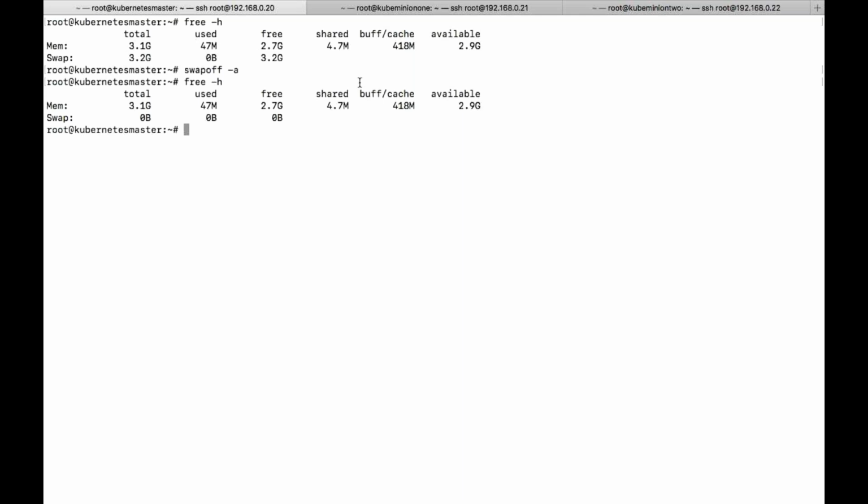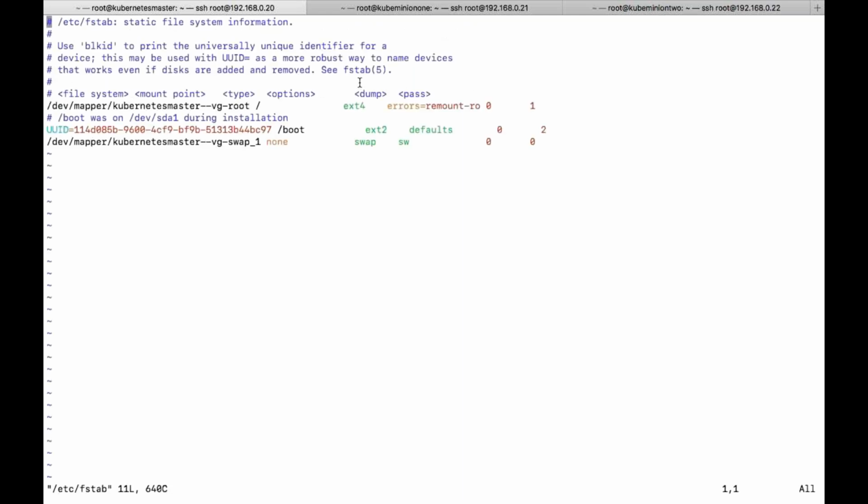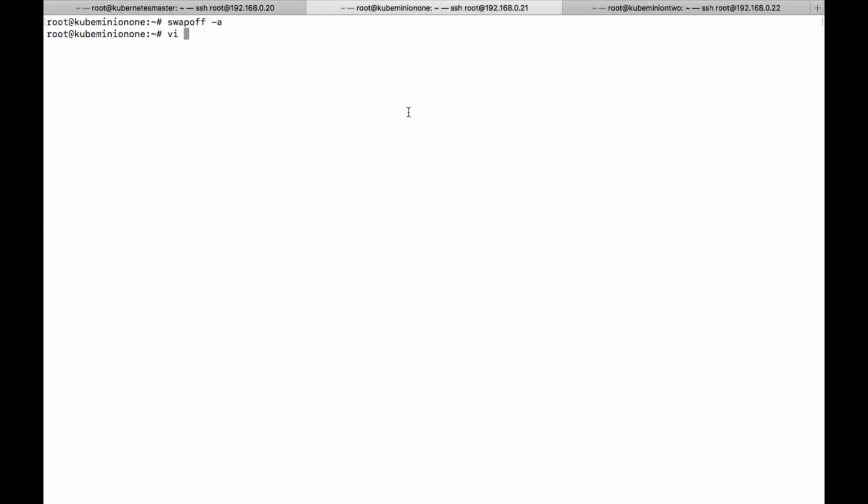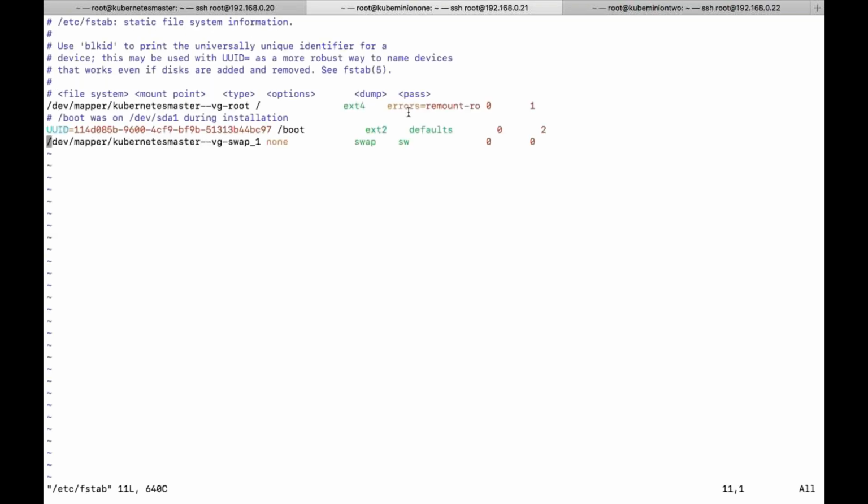So how will you do that? Go to /etc/fstab. Here we have this, and then this second machine. Come to the swap memory entries and then disable it.